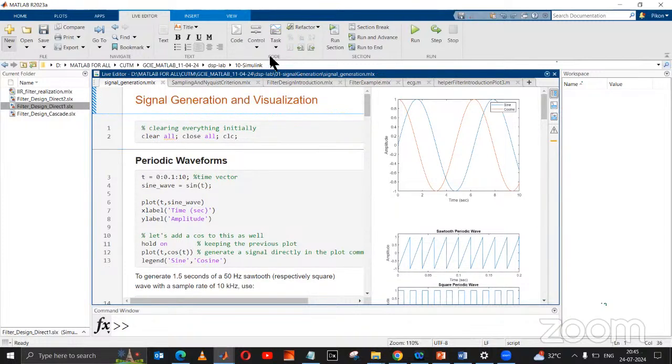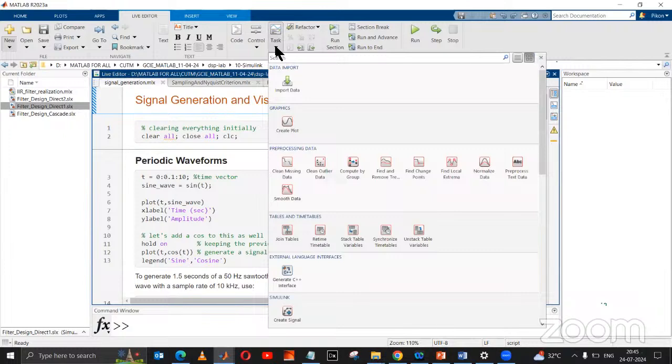Okay, next is the important task. If you click on it, you can add different types of tasks. Suppose you want to pre-process any kind of data. Suppose you are dealing with a signal, an audio signal, or a data set which is created from a signal. From that data set, while you process the raw data